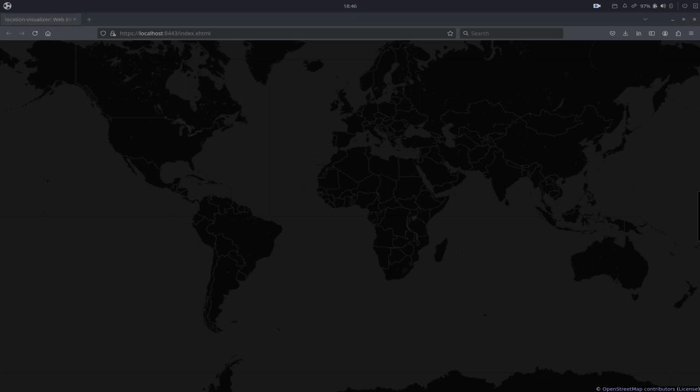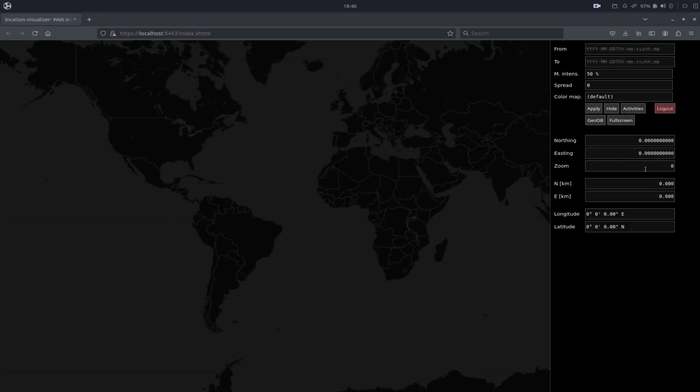So in the background now there has been some sophisticated crypto going on. If you want, you can inspect the data that is exchanged during the login process using the network analyzer in your browser. Now we see the map background. This is data from OpenStreetMaps. And now we can open the sidebar, which is the thing over here. And we see a lot of stuff we can do there.